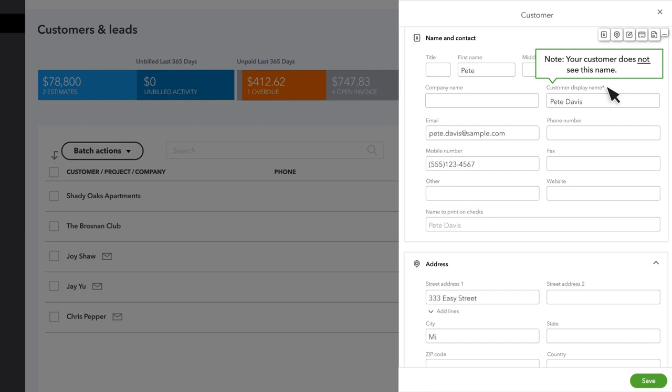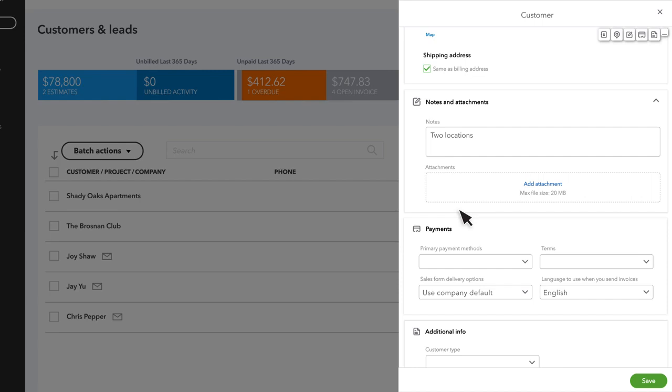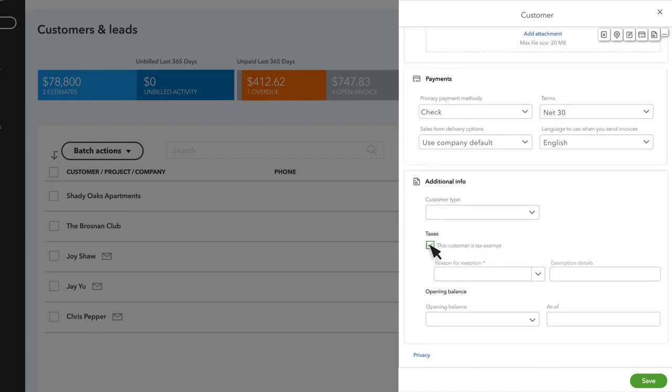The display name is a unique name you give to the customer to track their open balance and other info, and it will appear on items such as sales forms. You can add notes and attachments, payment details, and preferred language and delivery options. You can also set custom terms to specify how many days they have to pay your invoices. If you leave this box empty, they will get your default payment terms, but you can always change this when you create an invoice. Additional info allows you to enter customer type and exemption details if the customer is exempt